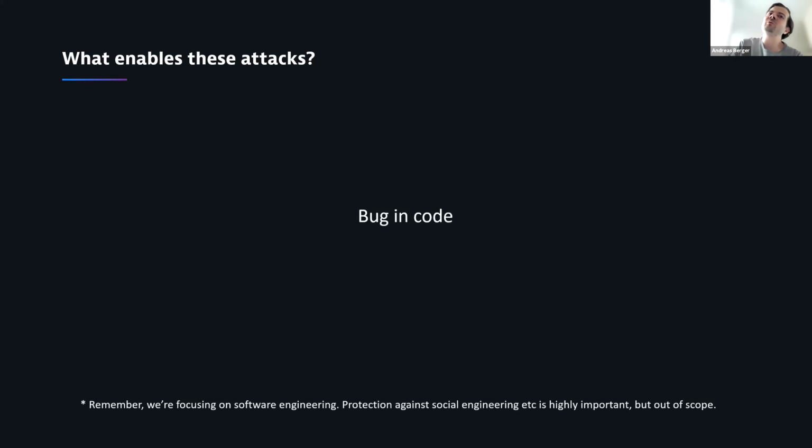And just remember, we're focusing here on software engineering. I don't need to say that there are other means to exploit the system. There's social engineering, there is phishing and all kinds of things, but that's out of scope here. I just want to underline that we're looking at things under the control of software engineers, which software engineers can do something about. So in this case, it's bugs in code. And I want to get rid of this notion that there is something really special about security incidents. Because in the end, what enables security incidents are just very old-fashioned, standard software bugs. For example, no input validation, untested edge cases, or some kind of logic errors.